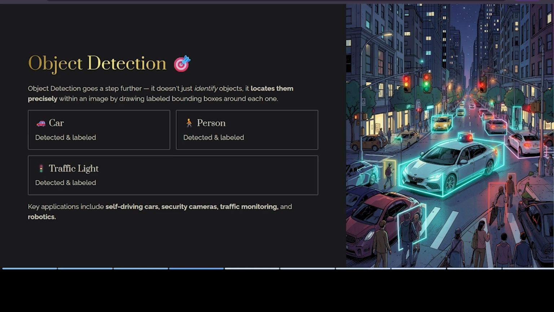For example, suppose an image contains two people, one bicycle and one car. Image recognition will just recognize the image: here two people are standing, one bicycle is standing, and one car is moving.